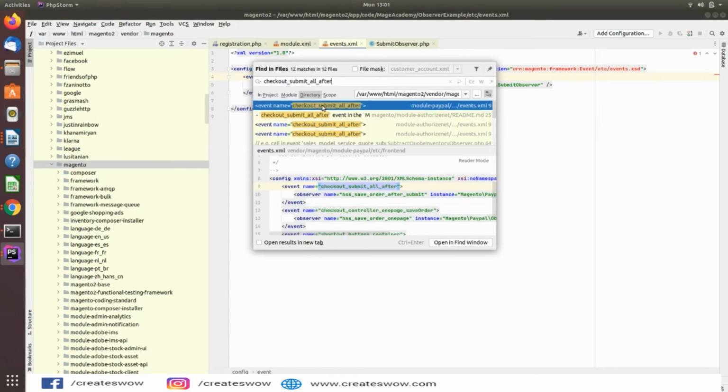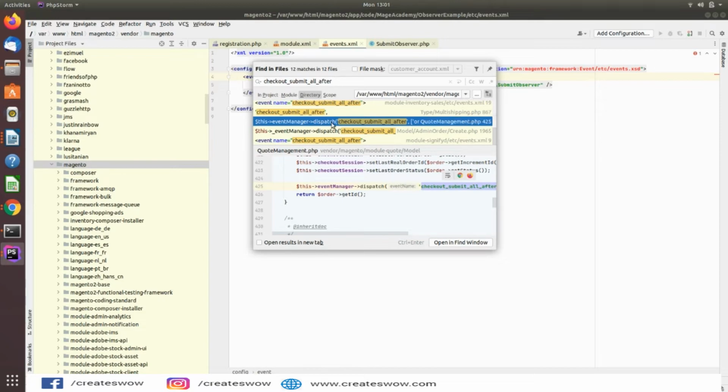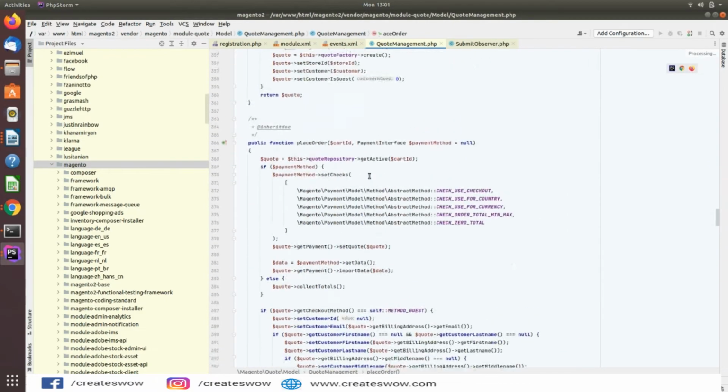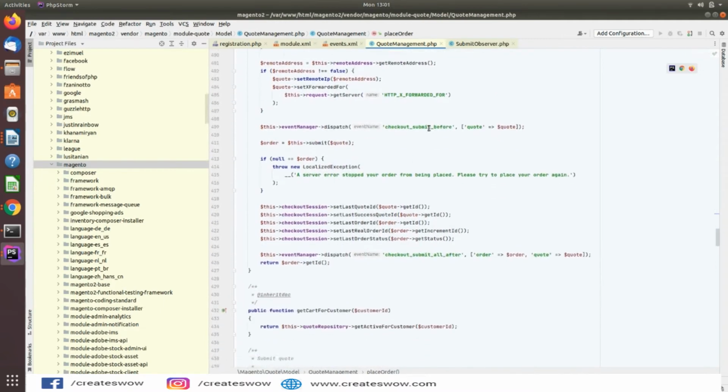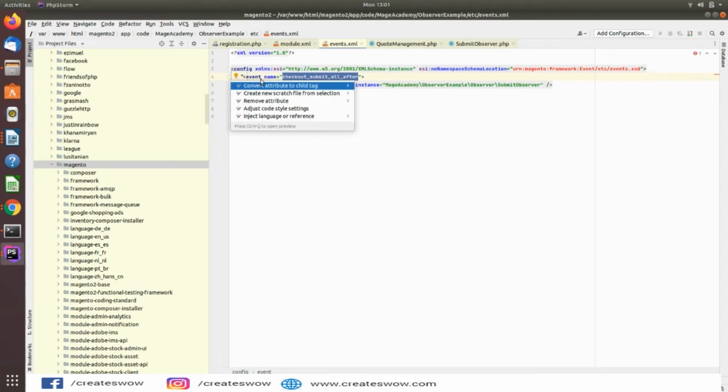So for example, dispatch. Here you can see that this event is called after order placement. When any customer places the order, these events will be called, and if it finds any observer, it will trigger. So I have defined that event. In the event name you need to define the event, and for the observer name you can define any unique observer name which is related to your logic. In instance you add your class name,